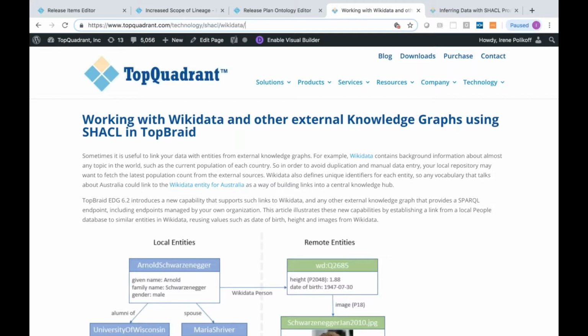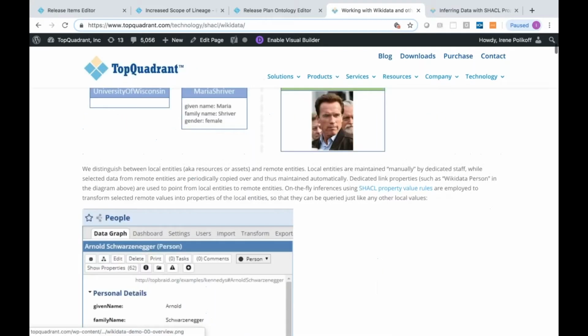And the benefit of it, because they're all based on standards, is that you could now connect to those knowledge graphs and get data about your resources or resources of interest to you without necessarily managing it yourself. One example can be, in this example, some famous people about which Wikidata has information.